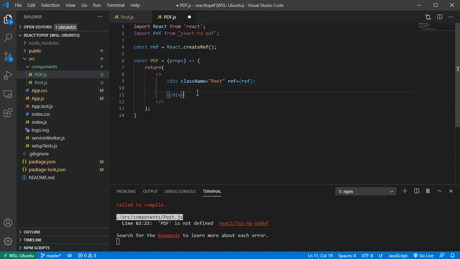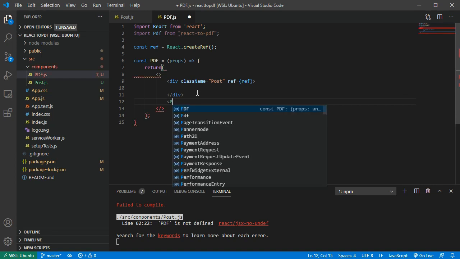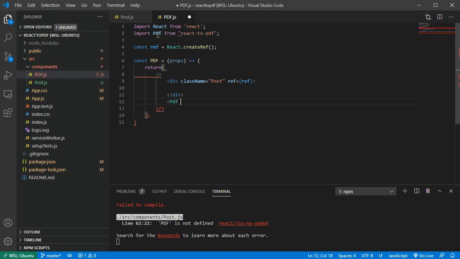And then below this div we will have a div target reference. So we'll have here not a div but a PDF. We will use this component PDF, and then we have targetRef, and here we have ref like this. This is kind of a variable, we use that. And then the file name is going to be post.pdf